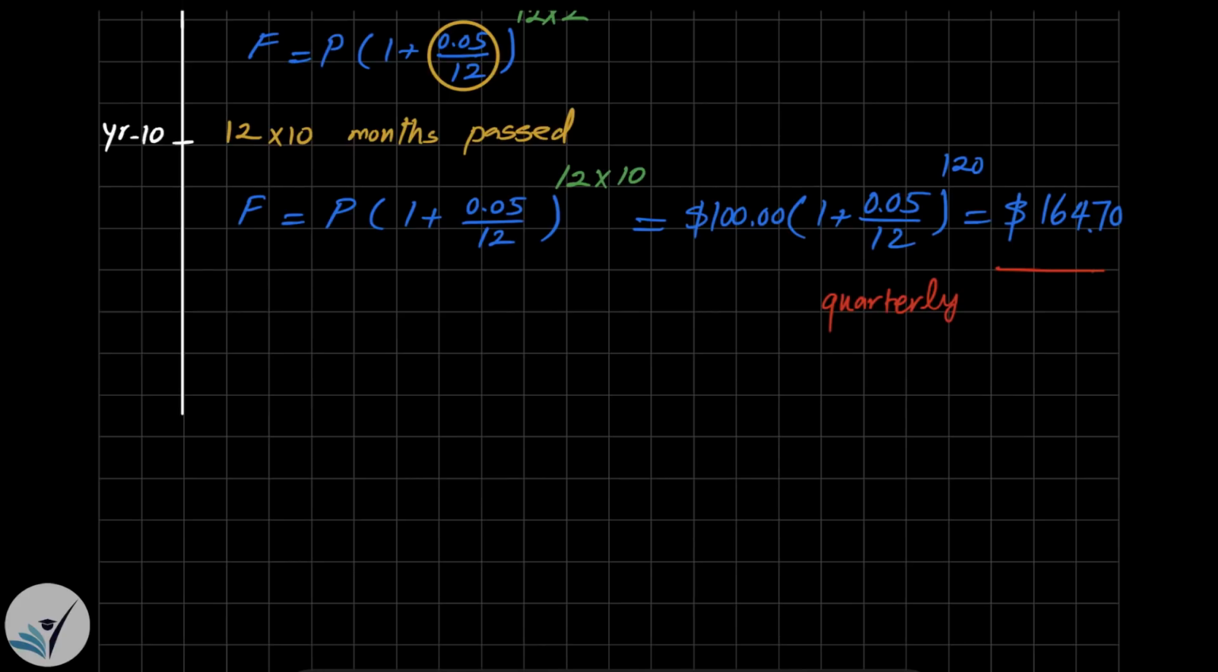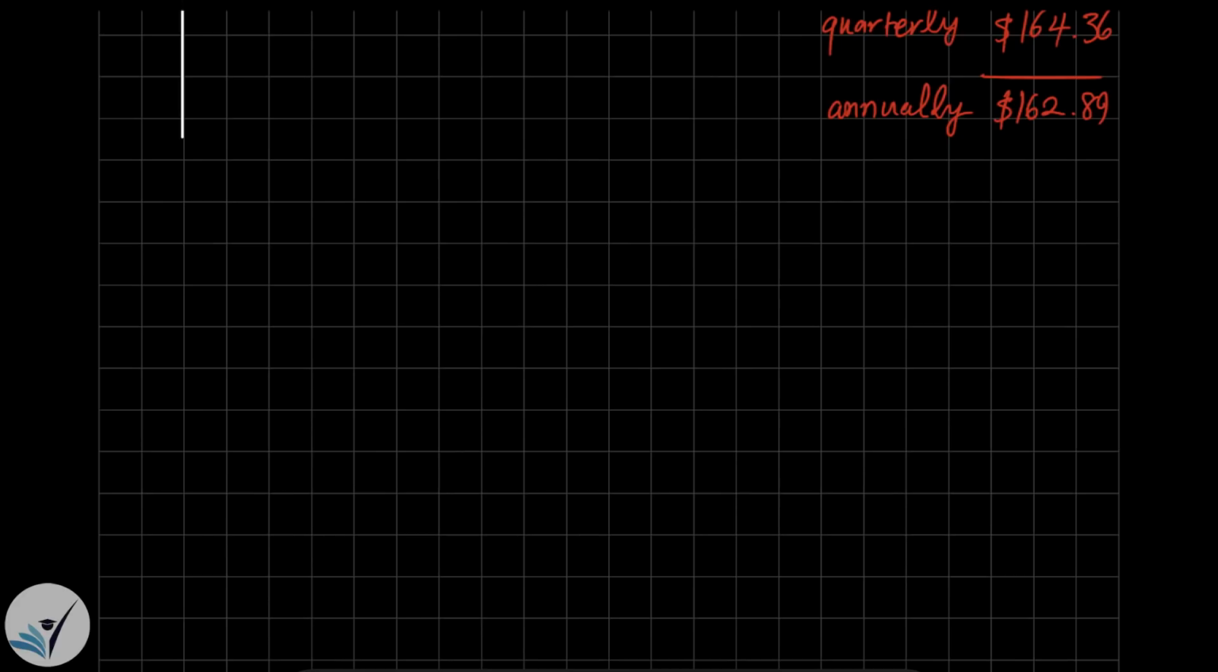For compounding quarterly, we got $164.36, and for annual compounding we got $162.89. So as you can see here, by increasing the number of compounding periods per year, the balance of the account grows faster. In general, if you have an account that has annual interest rate of I,